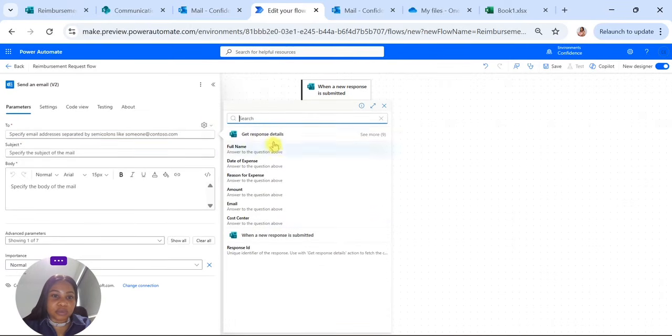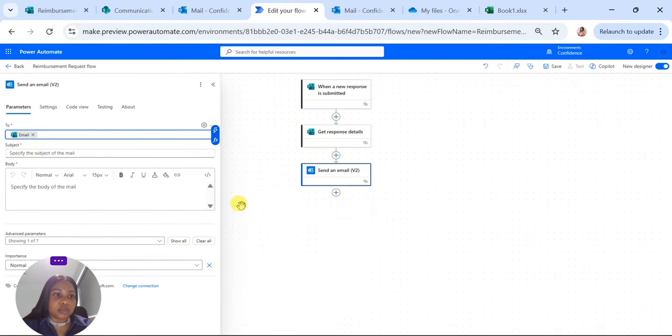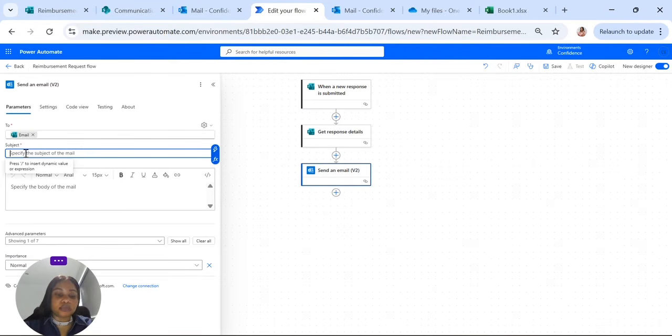So I'm going to get all the information from, since we've retrieved it using the get response details, we're going to get all the information from here. So too, we have to look for the email. So the employee, remember the employee filled in his or her email address. So I'm going to do that. I'm going to fill that in dynamically